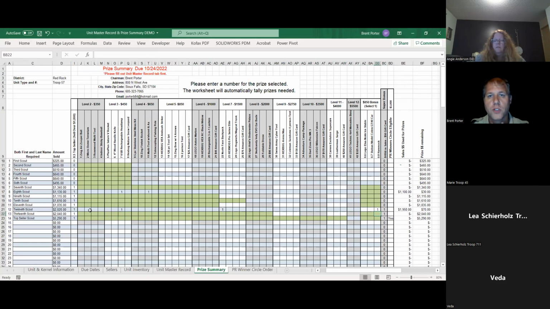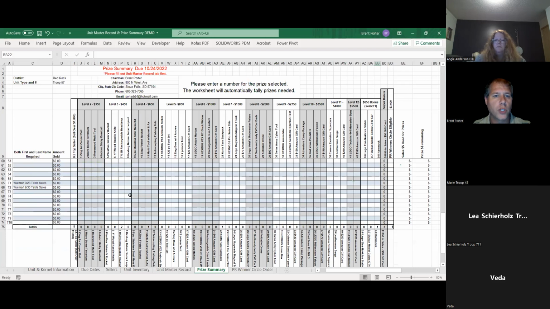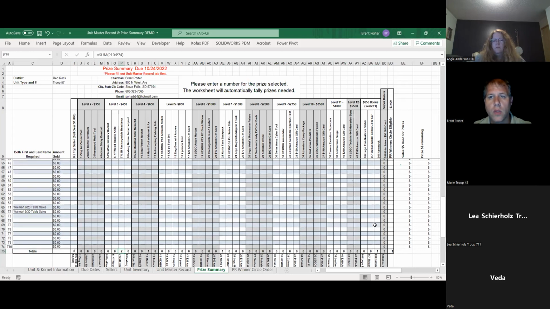Again, once you fill this information out, this is your cheat sheet. Take this to the PR Popcorn site, log in, go to your prize selection, and you're going to do an order for all of these prizes. Okay. You don't need to say Scout 1 wants this, Scout 10 wants this, Scout 5 wants this. What you're going to order is this down here. You're going to order quantity 2 of the rechargeable headlamp. You're going to order 1 of the multi-tool. You're going to order 1 of the North Face backpack, so on and so forth. Okay. That's what you're going to order.